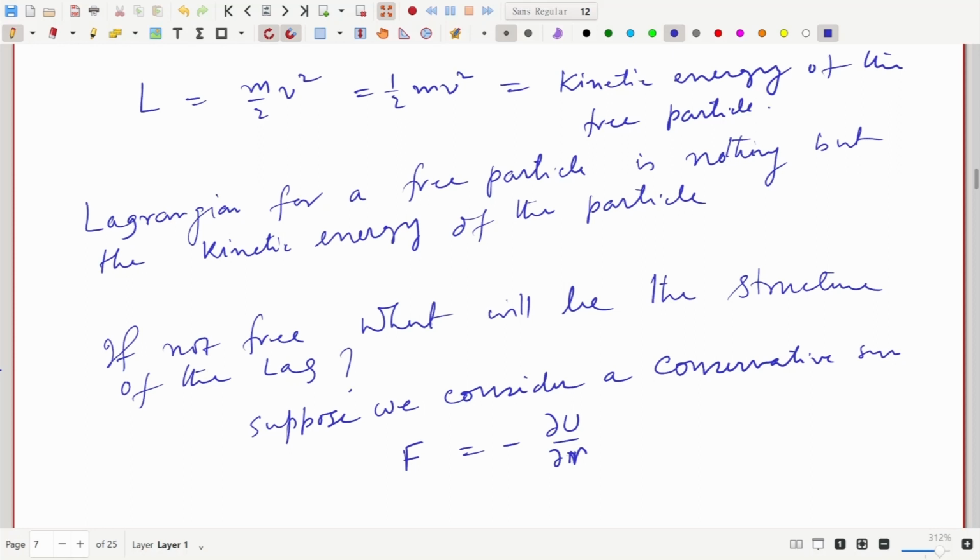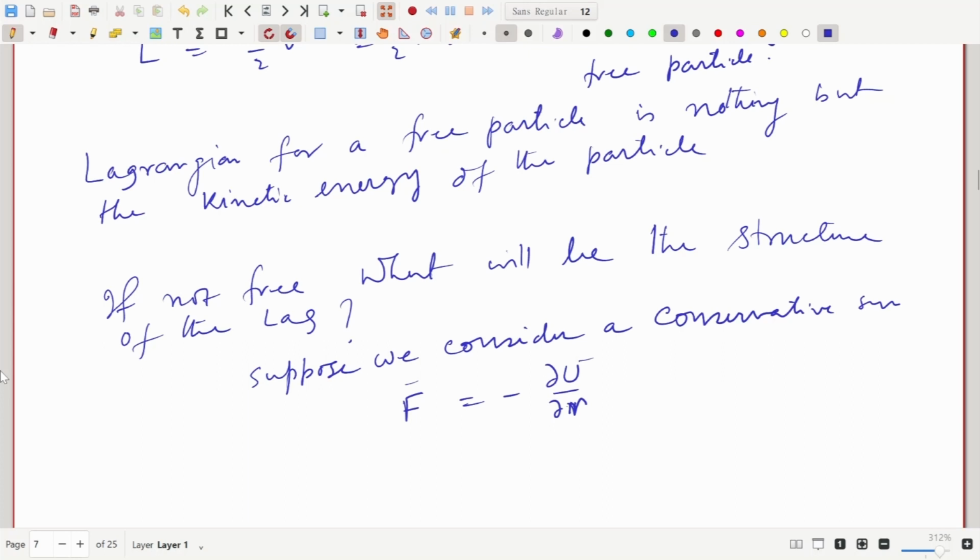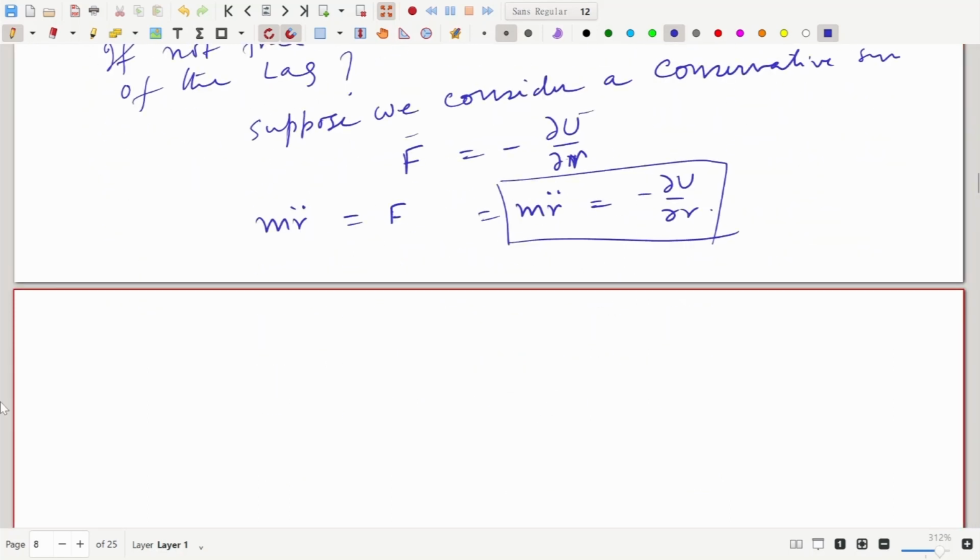The equation of motion for a particle having a force F will be m r double dot equal to F, which is m r double dot equal to minus ∂U/∂r for a conservative system. Now, if we write our Lagrangian, which is half m r dot square minus the potential energy U(r), and find the equation of motion,